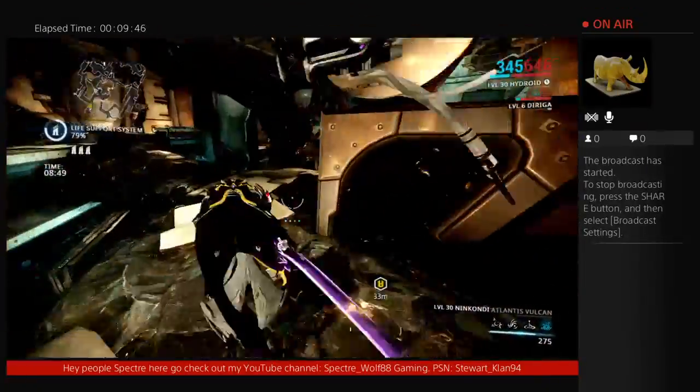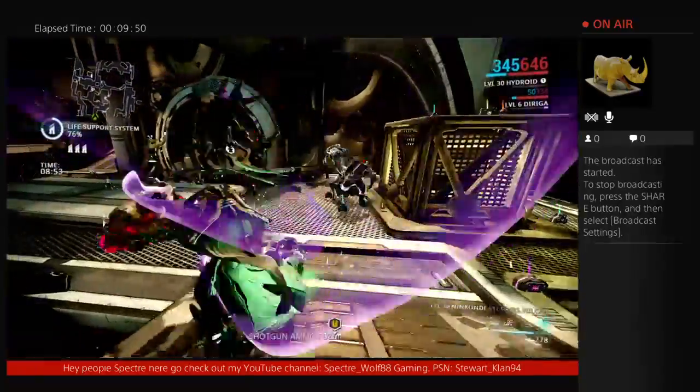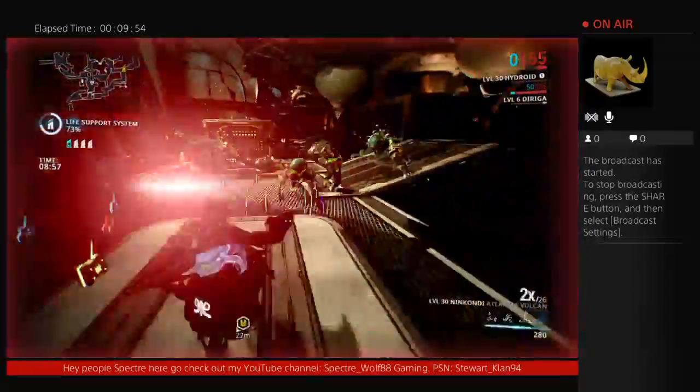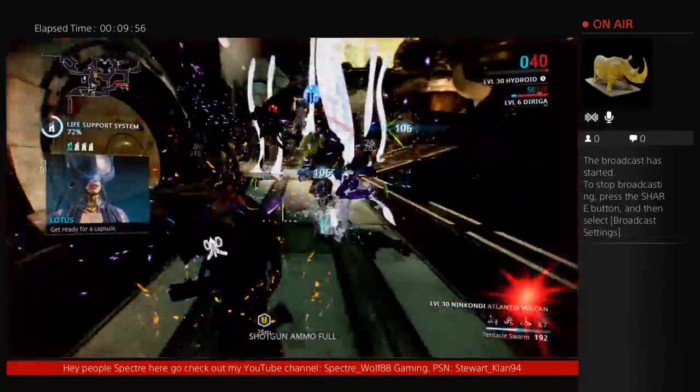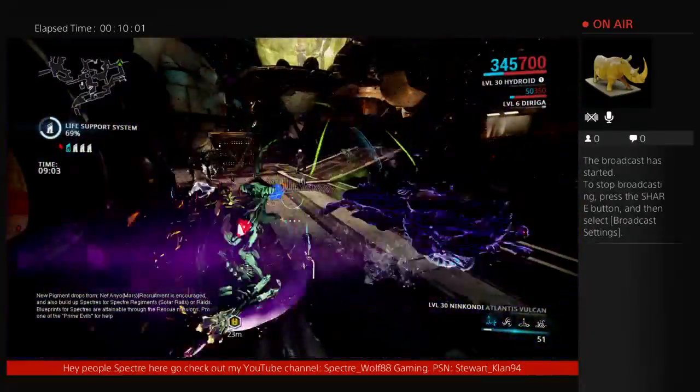Even putting a catalyst, I would say you're probably going to need a catalyst unless you just want straight status, but you're probably going to want that pressure point to get everything else up. Because if you're in a crowd like I am, your abilities might not work. But yeah,